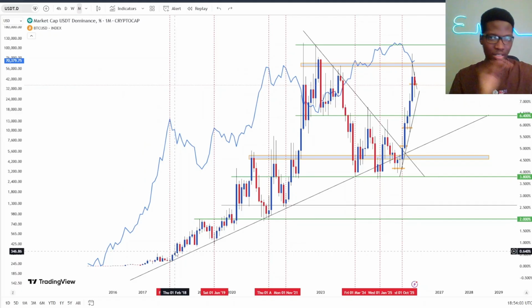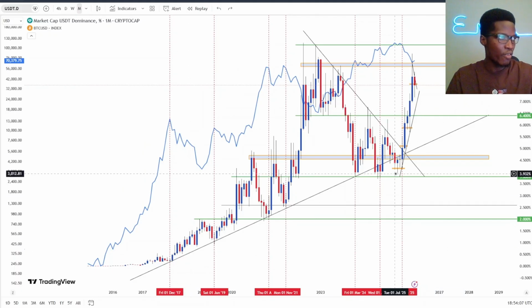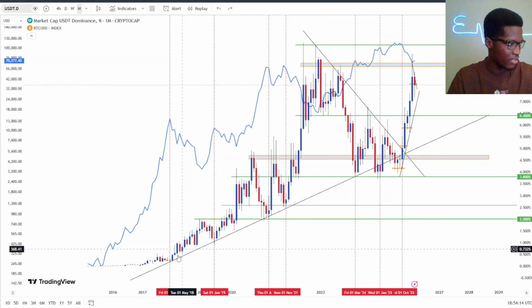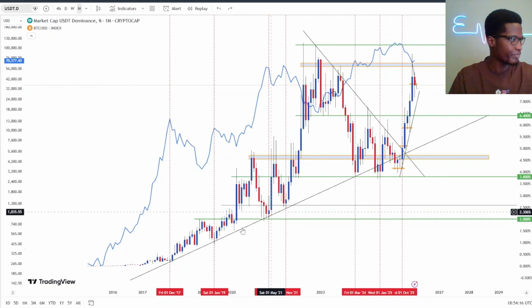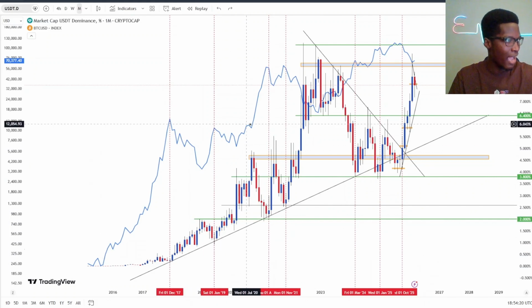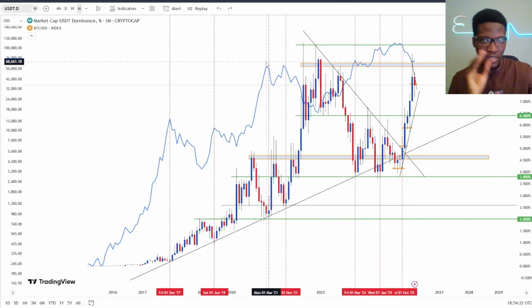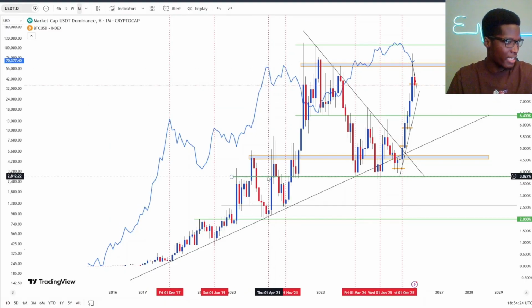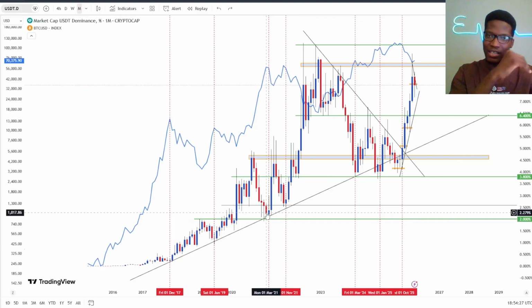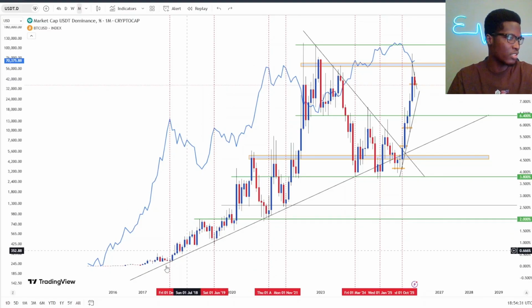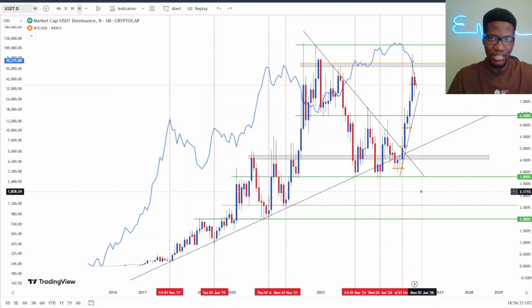And I want to see what happens on the USDT dominance. That is why you have this. From this, you can see that the USDT dominance is increasing over time, and it respects this trend line. So from here, we respected all these peaks. No matter how high Bitcoin USD went, it came to respect this trend line on the downside on USDT dominance. So that is what you can see throughout the years.